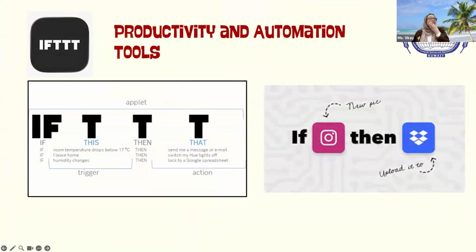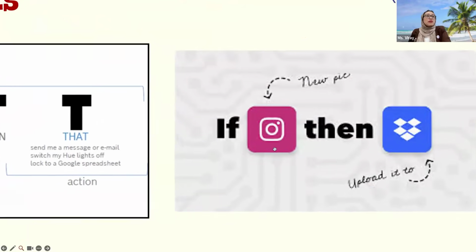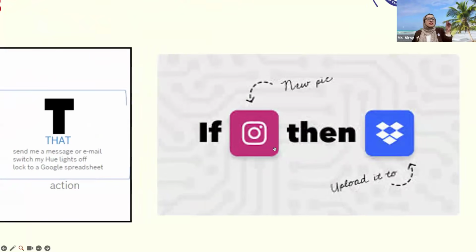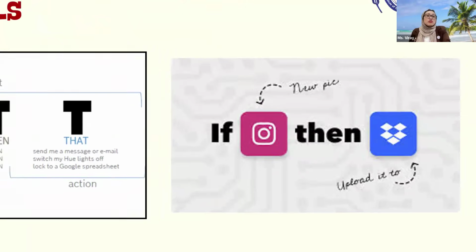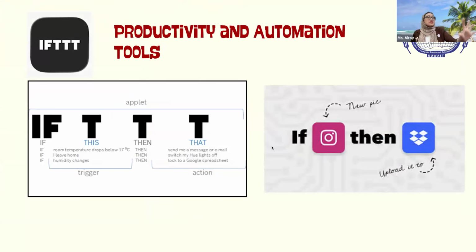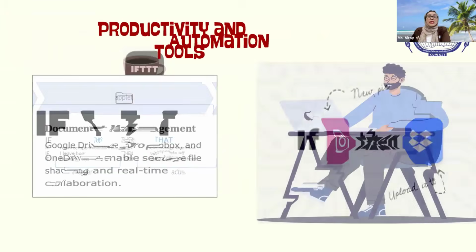You have an idea. Another very simple example: IFTTT, okay? If this, then that. That's what it means. So for example, if there's an automation program used at the back of any platform, the trigger is if I upload a new picture in Instagram, then what will the platform do? It will save automatically to my Dropbox. So that's also an example of a workflow, okay? So that you don't need to save it all the time manually. That is just a very simple example of automation. I hope that's clear, okay?